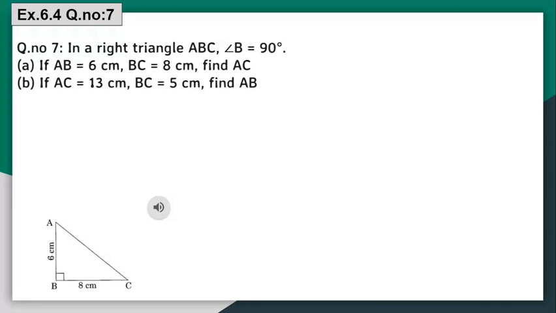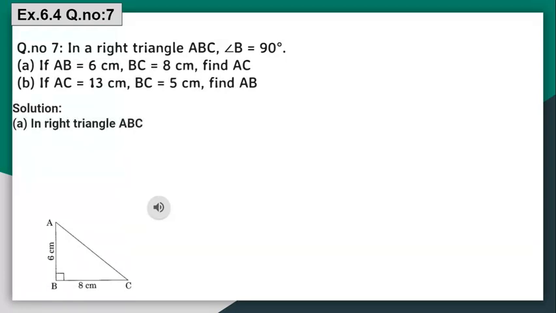In first case, hypotenuse we have to find. Second case, hypotenuse is already given. We have to find the perpendicular side. Isn't it? So the same question we already did last year. In Pythagorean theorem, we already found the length of the side, side of hypotenuse and all. So we know the formula. What is the formula? AC square is equal to AB square plus BC square. Means the square of hypotenuse is equal to sum of the squares of other two sides. Isn't it? So let me see first question.